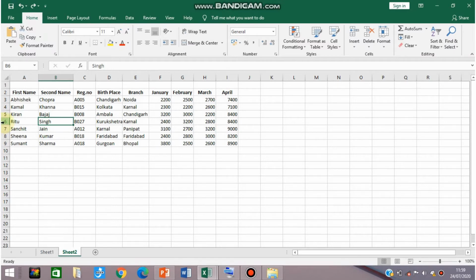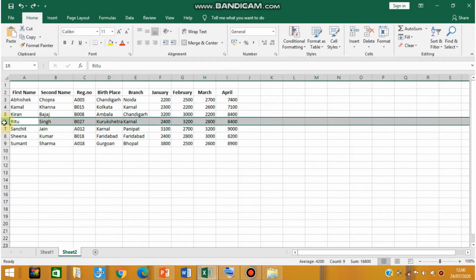The entire row can be selected by clicking the row header, and when you press the row header, you will find that your entire row has been selected.